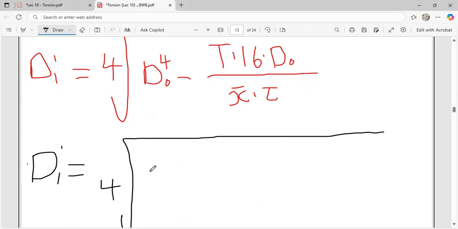So the value of our outer diameter was what? It was 120. Let's all do that together. 120, all exponent 4, minus